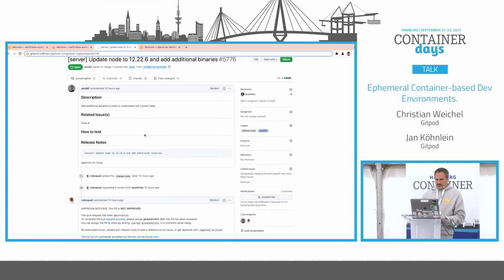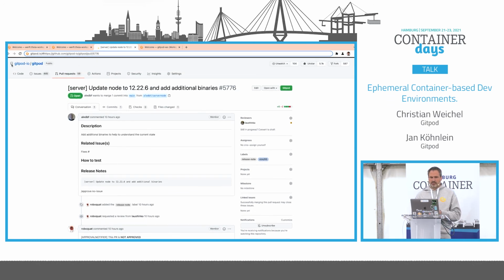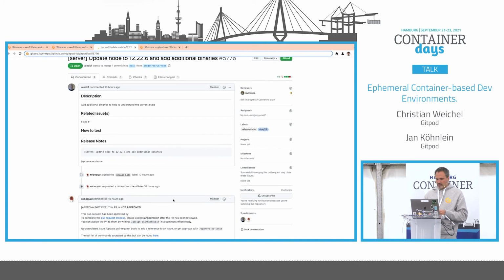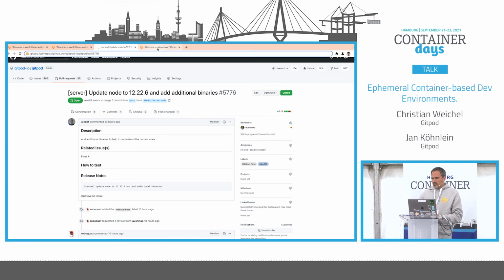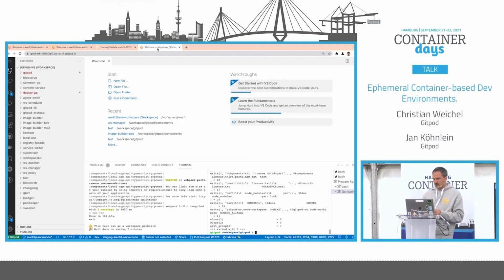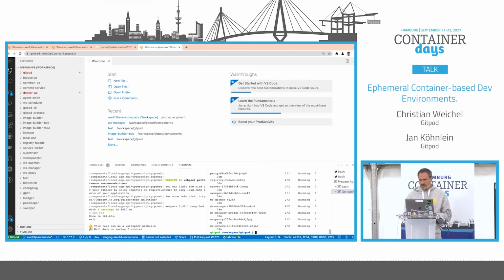So that one was essentially a PR to the Gitpod repository from our colleague Alejandro. And we started a workspace on this PR. And in this workspace, of course, you see the Gitpod code of that branch, but you also have kubectl configured. So you can run kubectl get pods, and you see a bunch of pods running in the preview environment. So that is already connected to the deployment of that branch to our development cluster. And for example, we could now